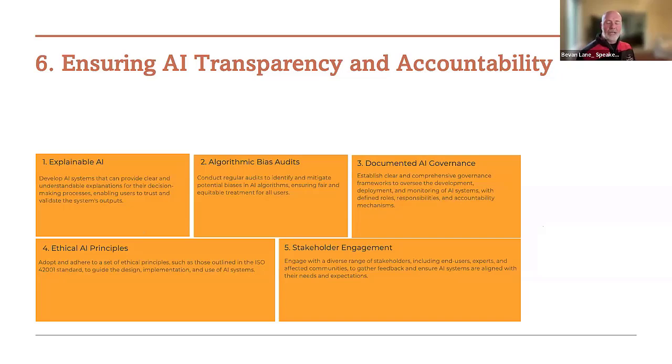Document what you're doing. As we know, any standard is very strong on that. Make sure that your governance is documented, that you can get all the things, clear and comprehensive governance frameworks. How are we doing this? How is it documented? How do we check it? It ties into the next one. We can talk about training, because if you don't have it documented, you can't necessarily train effectively.